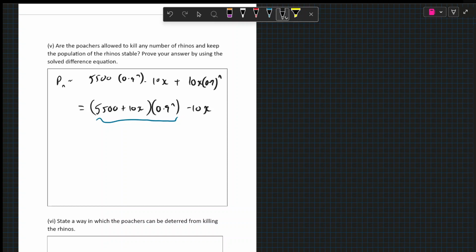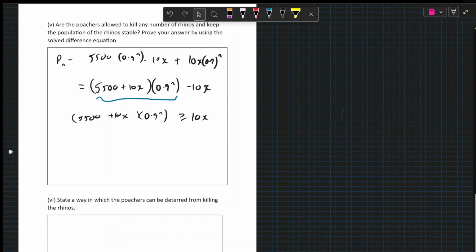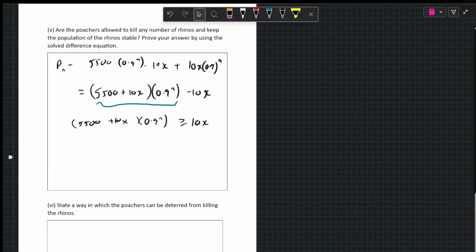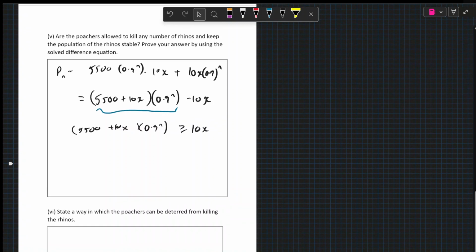So how are we going to do that? Well, if we want this to be outpaced, we want this quantity to be bigger than this. So we want the 5500 plus 10x times 0.9 to the power of n. We want that to be greater than 10x for any sort of amount poached. So how we want to get what the value of x is,